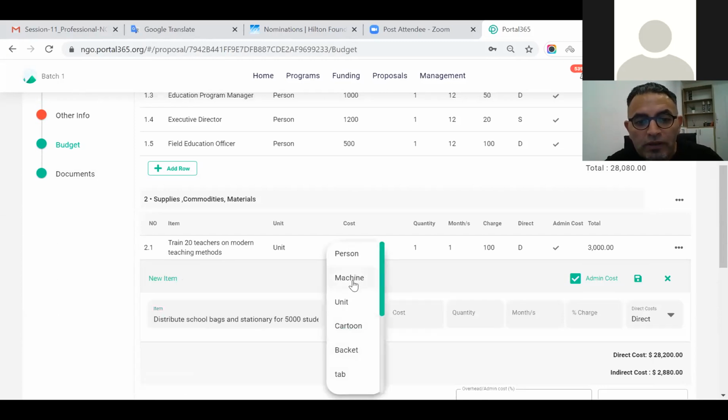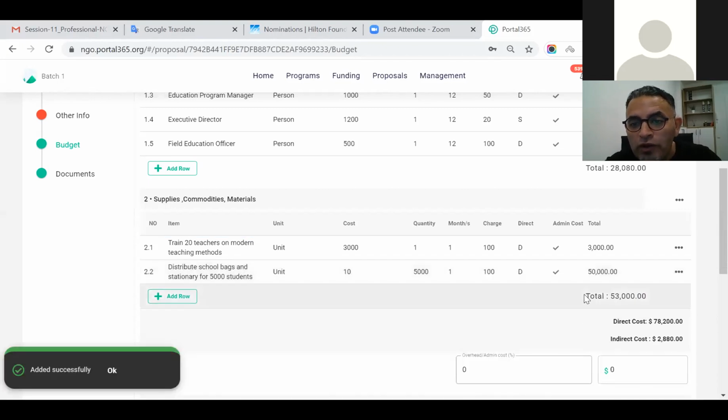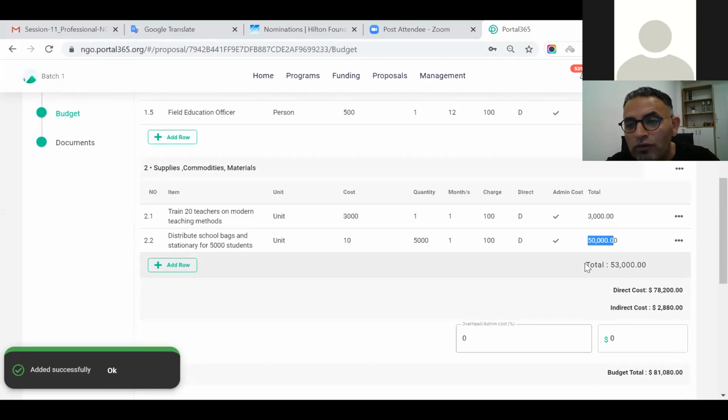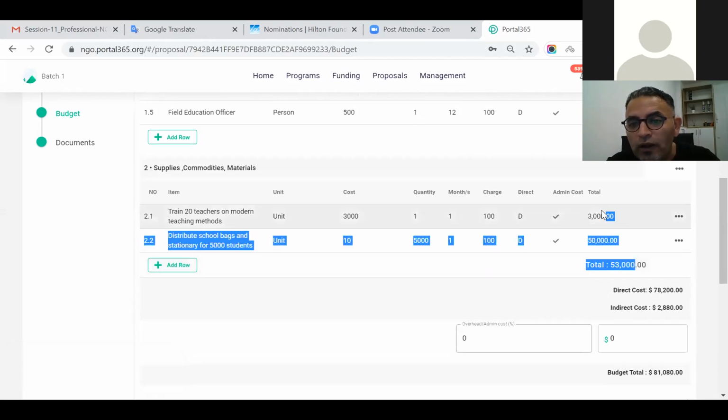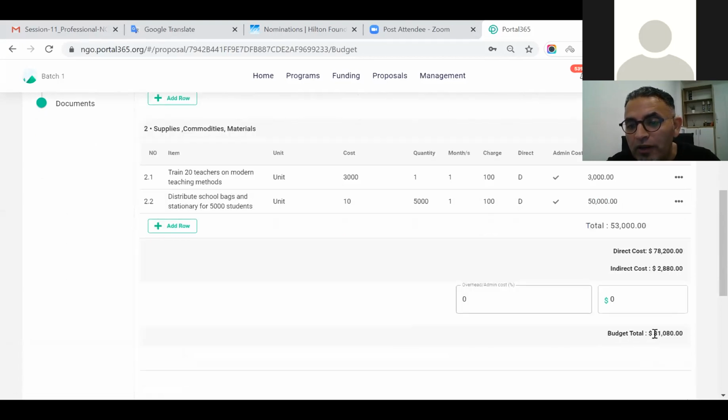The unit will be also total. It's like unit. The costs, let's say that every school bag is $10. With the stationery, the quantity is 5,000. It will be done once. The charge will be 100% direct admin, and so on. So it's $50,000. It is already included here with the total, while the total project budget is becoming